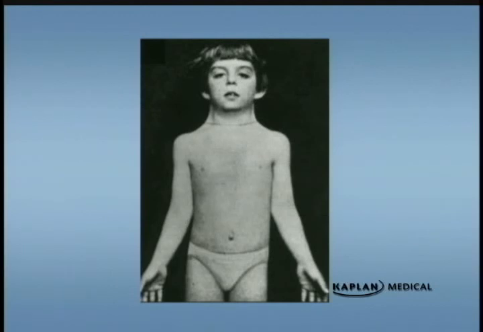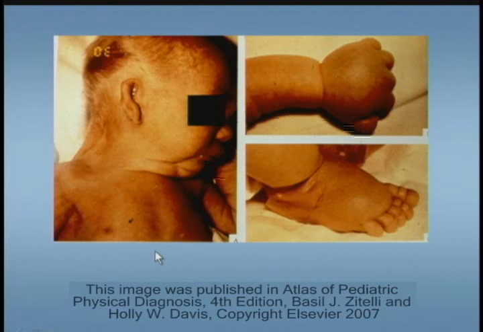Here's a picture of a child with Turner syndrome. You can easily see what we call pterygium coli, or the webbed neck. These are very wide-spaced nipples, also known as shield chest. And another finding here is what we call cubitus valgus. You can notice that the arms really don't straighten out very much. This is an infant with Turner syndrome seen at birth. And again, you can see the webbed neck, and you can see the lymphedema of the hands and of the